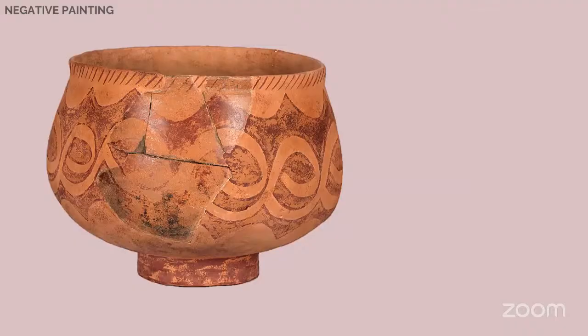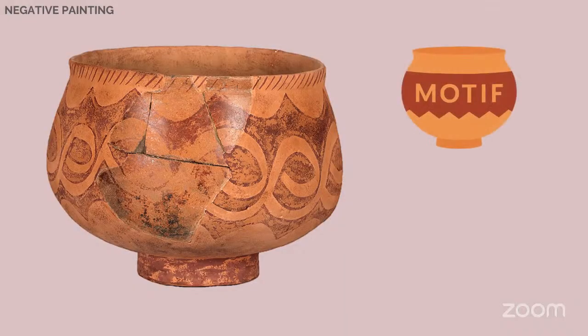On one vessel, negative painting was applied, and in Grivac, this is also the only vessel with a painted spiral ornament. This design required different conceptualization and different planning compared to other painting techniques, because here the design was not executed by painting the motif itself, but rather by applying the red color to the surrounding negative space. So the motif could emerge from the background, from the color of the slip.